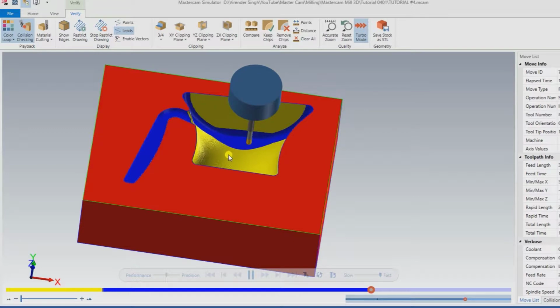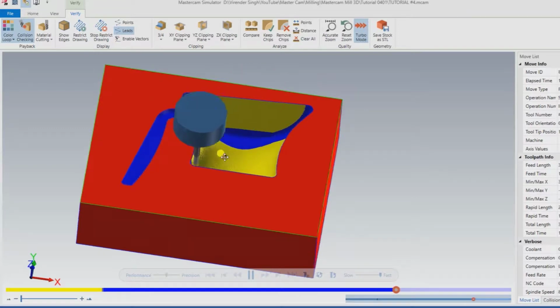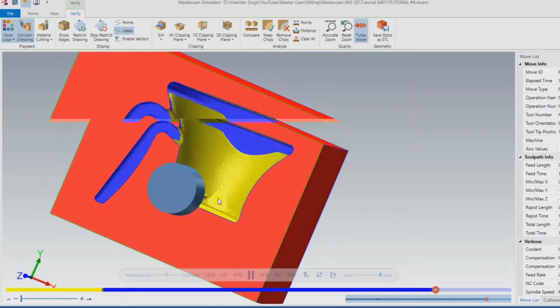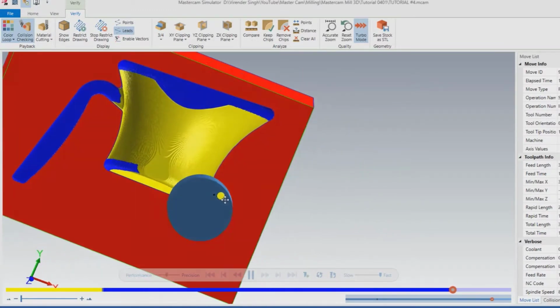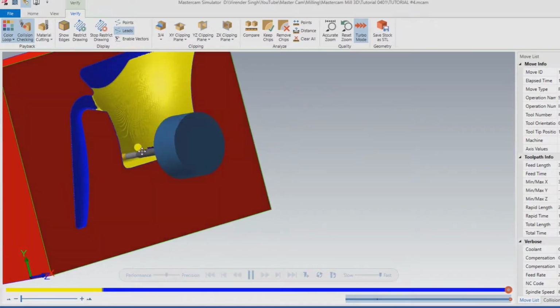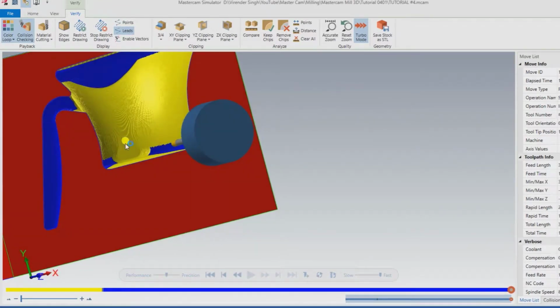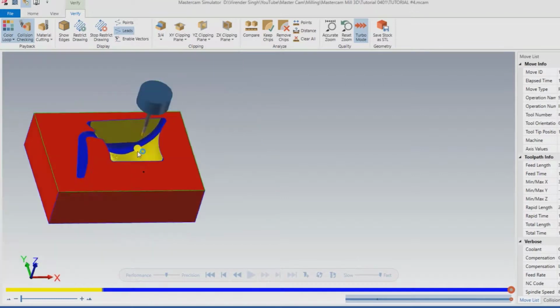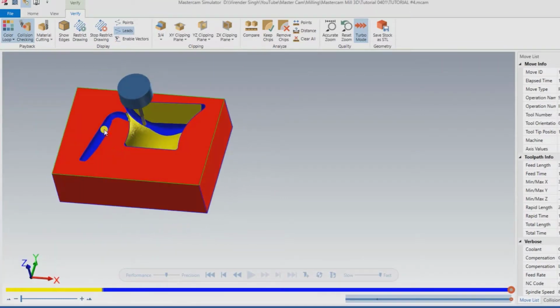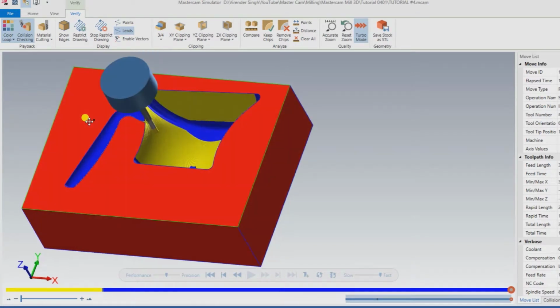I just reduced my tool diameter, and now I am removing that area. As you can see here, I also have to remove that corner portion as well as that corner portion, and there is a very small material at that. So guys, I wish you understand all of these things that I wanted to define in this operation. Thank you very much.